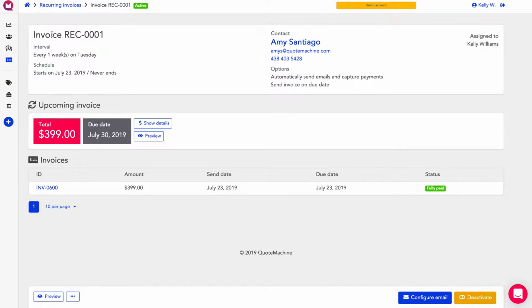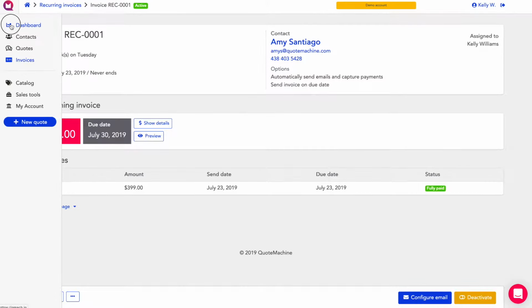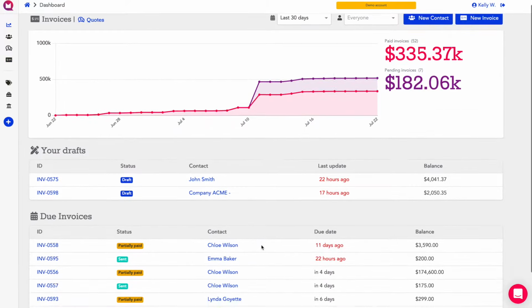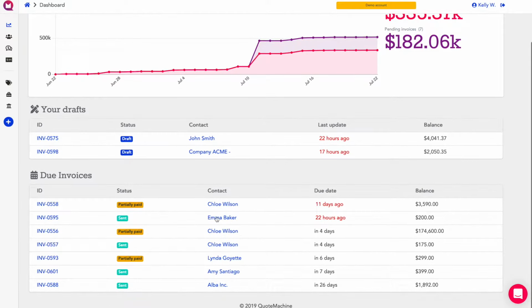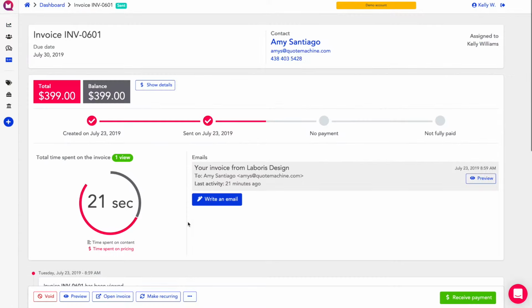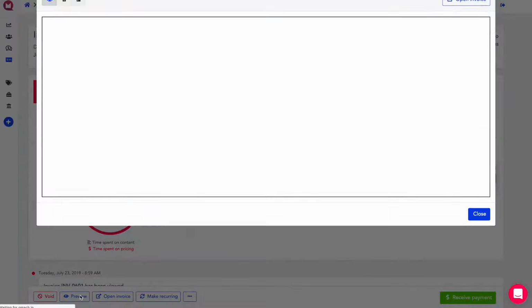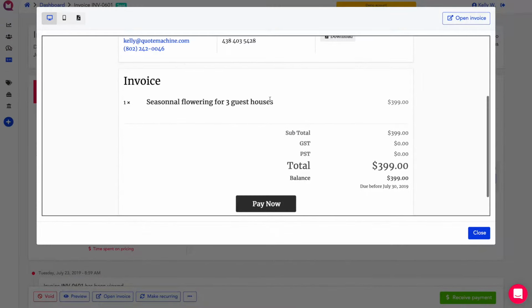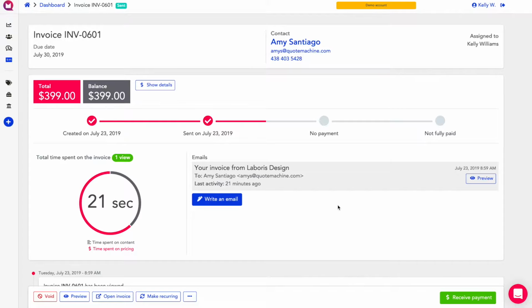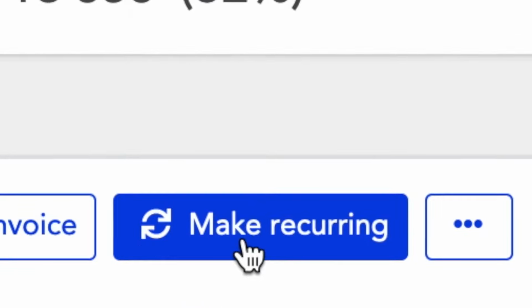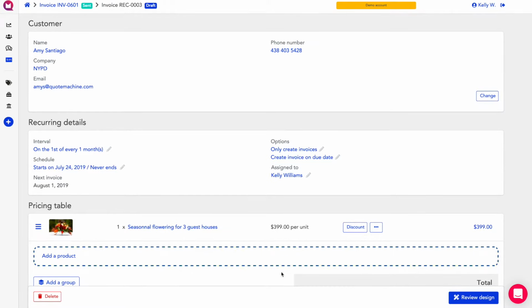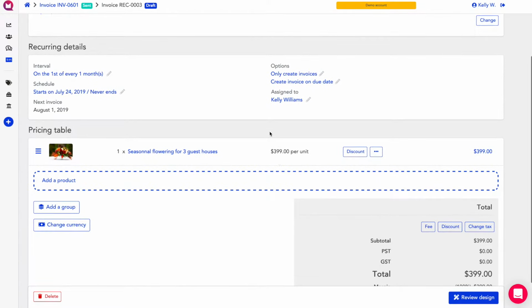So the first way to create a recurring invoice is to start from an actual invoice you created. So let's say I'm going to take that one. That one is an invoice for a service that I'm selling every week. So I should send an invoice once a week for that. So what I'm going to do, I'm starting from this invoice and I'm going to click on this button there that says Make Recurring. As soon as I do this, it's a copy of the invoice I started from, but